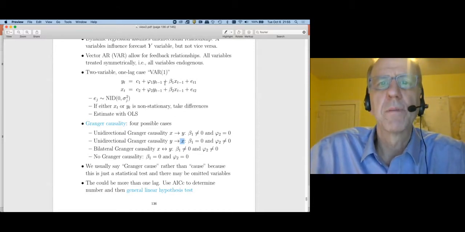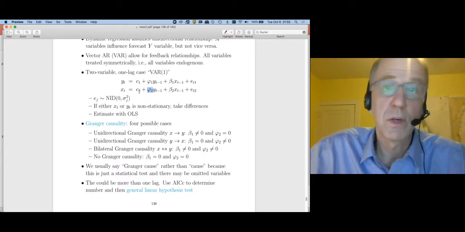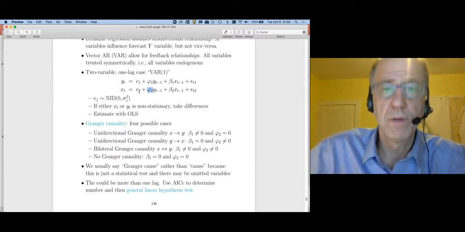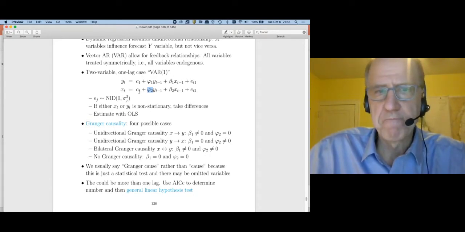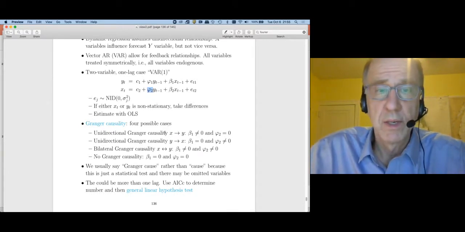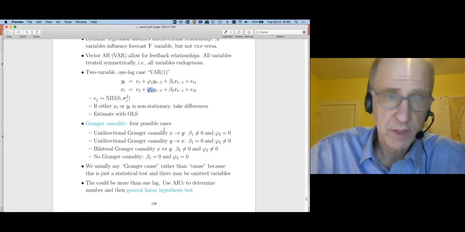What we would say from this is advertising affects sales. What we would say from this coefficient is that sales also causes advertising. Often when you have a situation like that, there's really a third variable that's driving both of them. That's always a possibility. So maybe when the economy is booming, we're flush with cash, so we advertise more, and